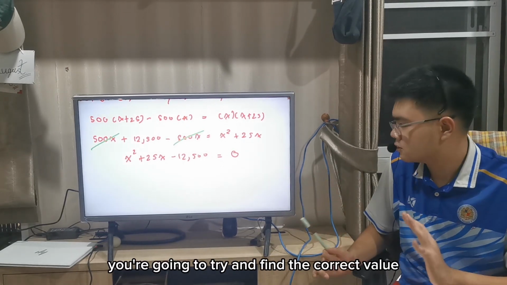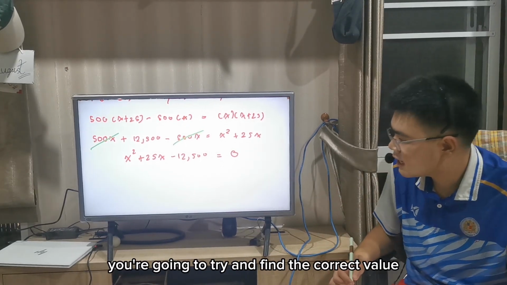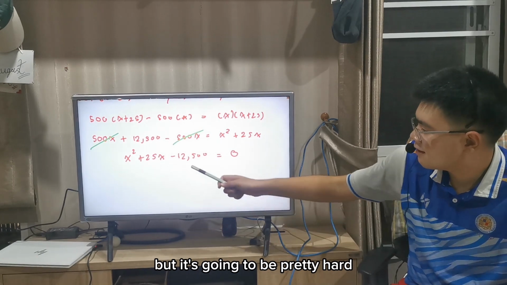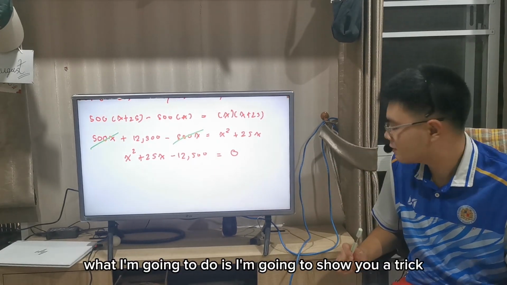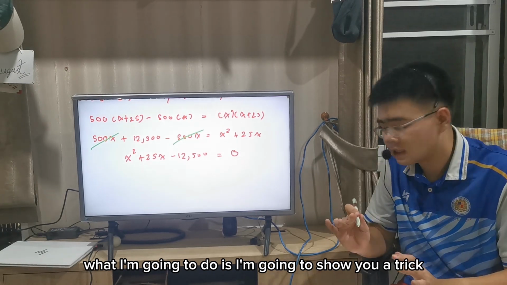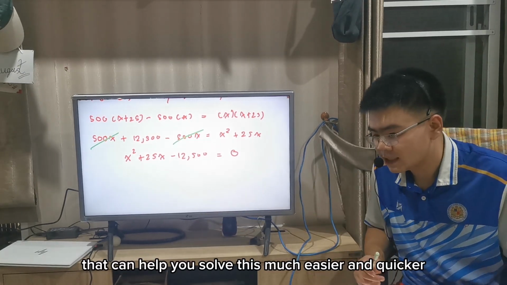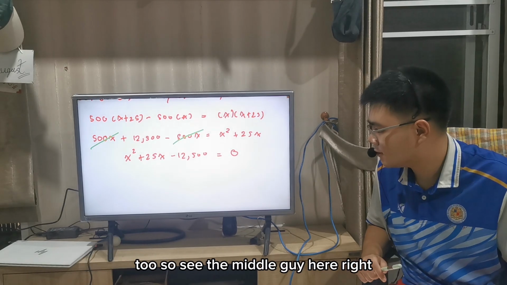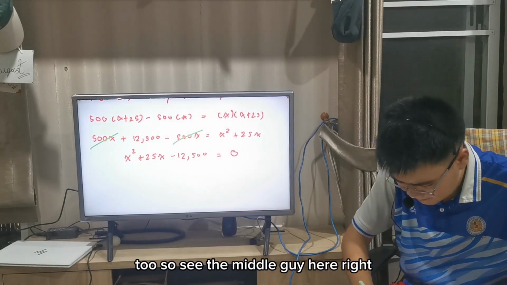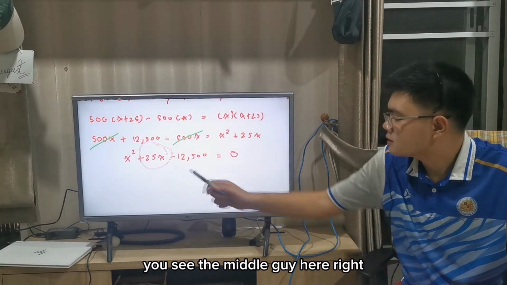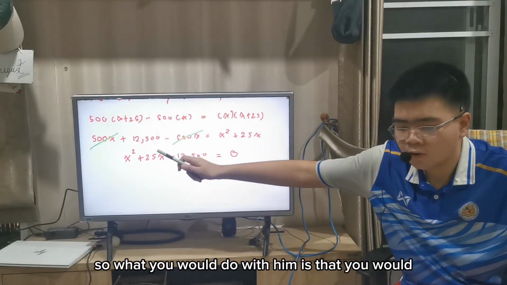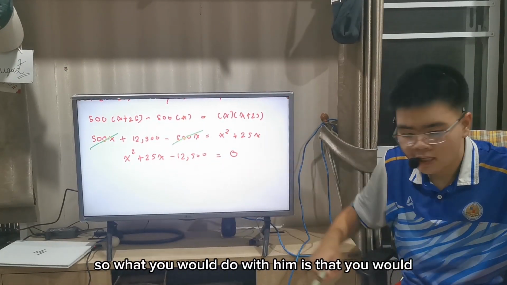You're going to try and find the correct value, but it's going to be pretty hard since it's a pretty large number. So what I'm going to do is show you a trick that can help you solve this much easier and quicker too. See the middle guy here, right? You see the middle guy here? Right. So what you would do with him is